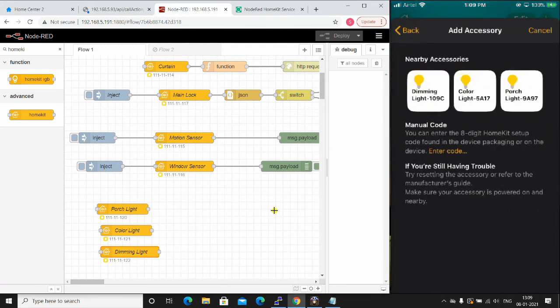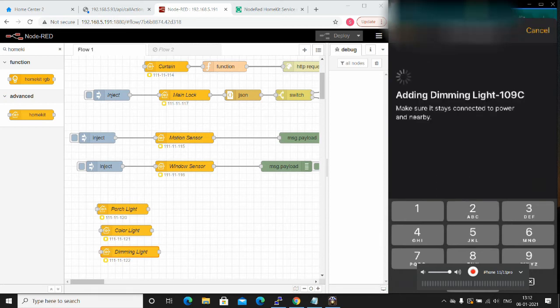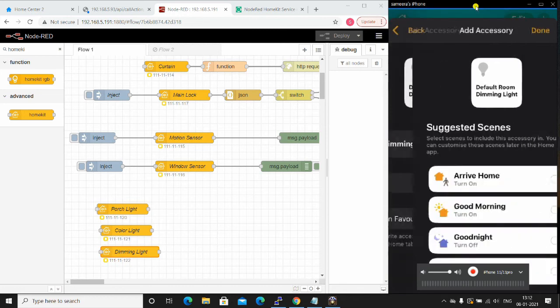Yes, all three accessories are discovered, so we'll enter the code one by one for each of these accessories. The first one is my porch light. Oh, I'm adding a dimming light. Okay.